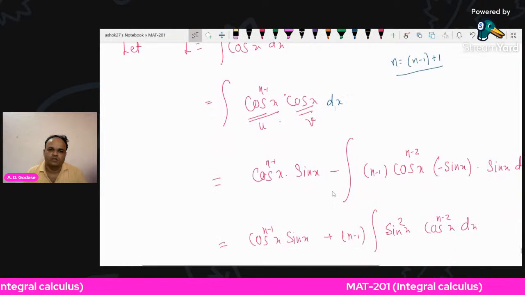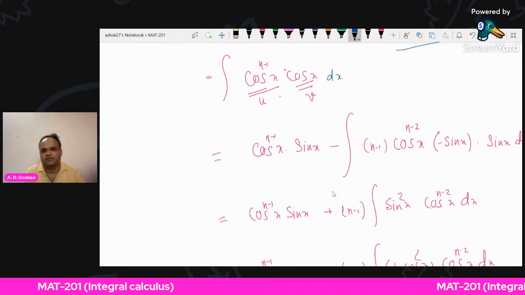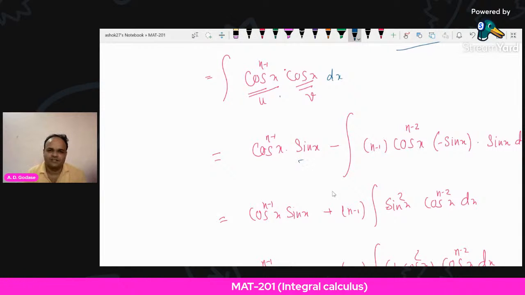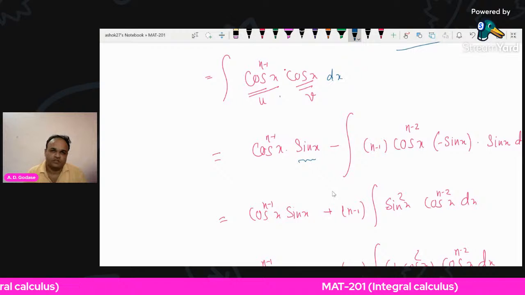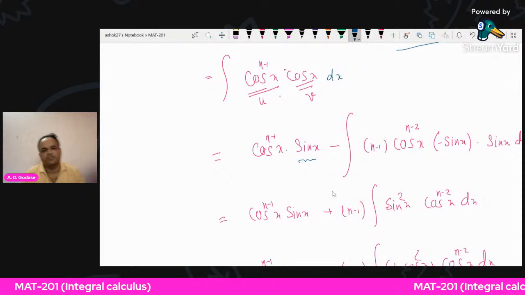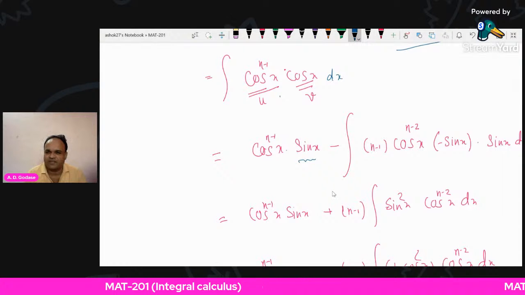After using integration by parts, this integration will be cos raised to n minus 1 x into sin x minus big integration. The integral of cos x is sin x, and cos raised to n minus 1 we take as the first term, so it remains as it is. The derivative of the first term, cos raised to n minus 1 x, will be n minus 1 cos raised to n minus 2 x into the derivative of cos x, that is minus sin x,